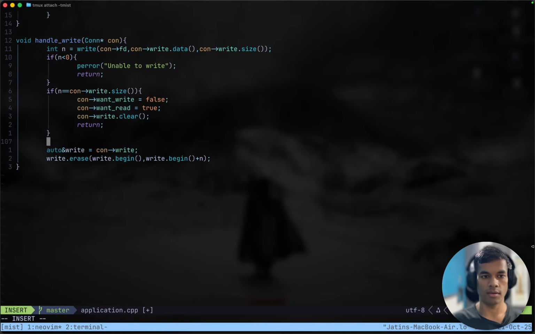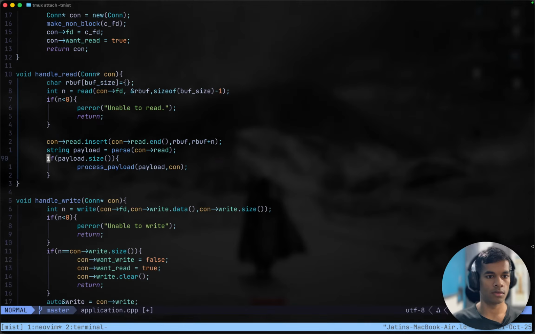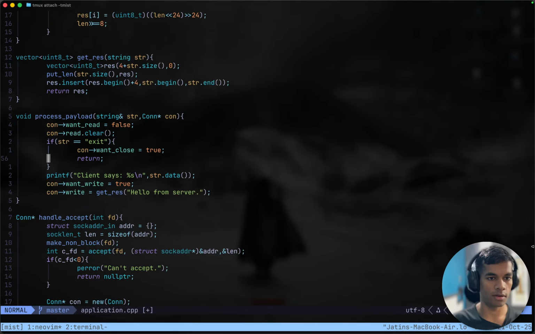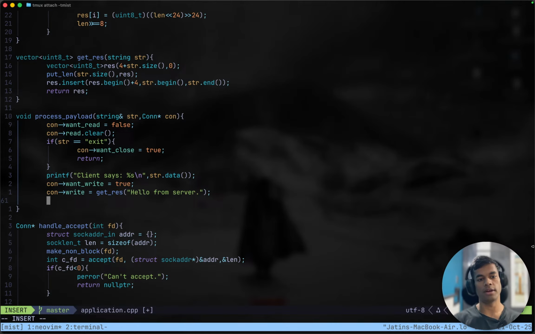Here we can check the thing that we are outputting. We can see the length. Accept, handle read, process payload here. Whenever we write this thing, we can check this, we can print it out. Yeah, we can print it out. Yeah, we can print this out. So we'll do